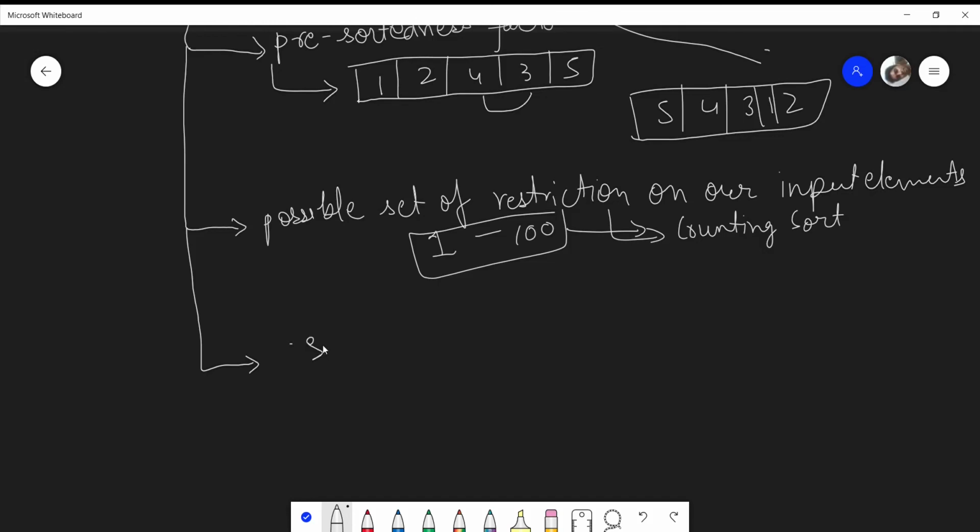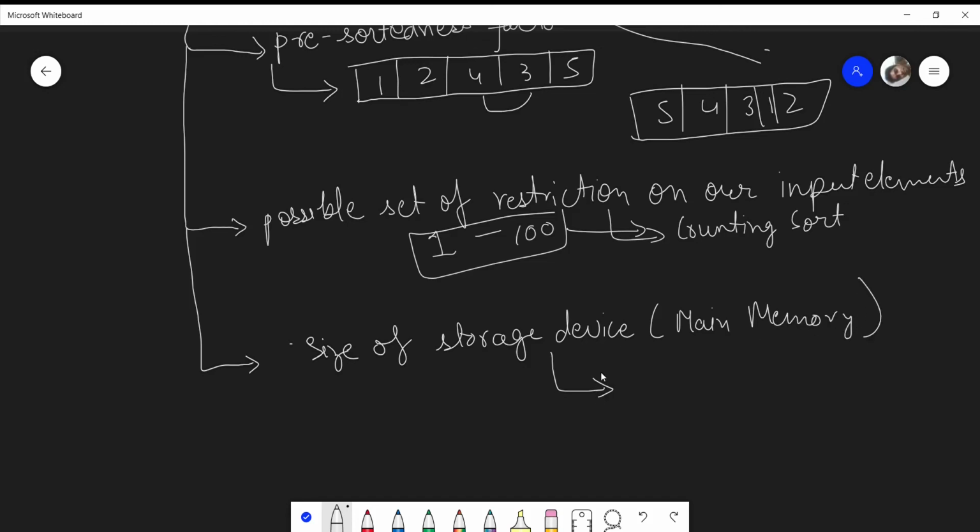Other possible factors are whether my main memory size, or the size of my storage device, is good enough to store all my data set or not. In case my main memory is very small, then I might go with what are known as external sorting algorithms.